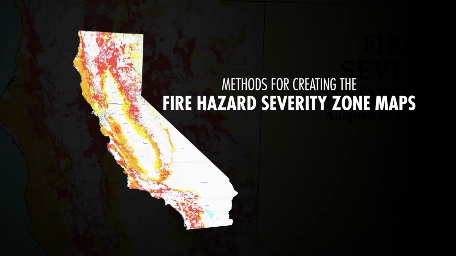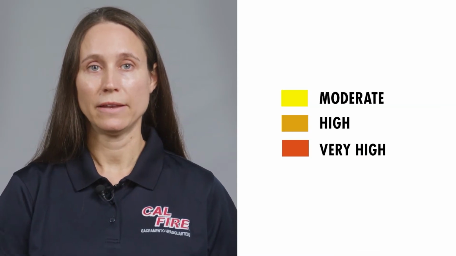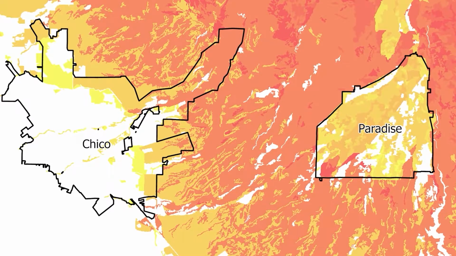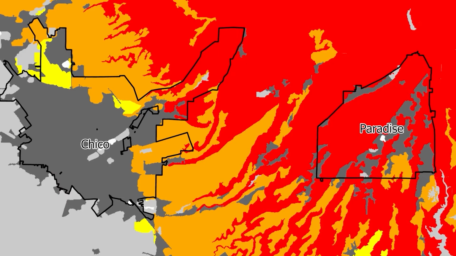Hello, I'm Jamie. I'm a member of the CAL FIRE modeling team that developed the Fire Hazard Severity Zone map for California. Fire hazard severity zone maps are built to describe relative wildland and urban interface fire hazard potential over the long term for all areas of the state. The zones reflect areas that have similar burn probabilities and fire behavior characteristics and are split into 3 classes: moderate, high, and very high.